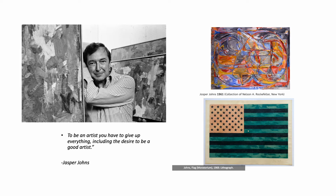He depicts flags and maps, and I don't think he set out to make a brand so much as he set out to explore these materials as a jumping off point for his art. He uses targets and maps and flags, and those images at the time that he uses them were brand new to the art world, and his artwork led